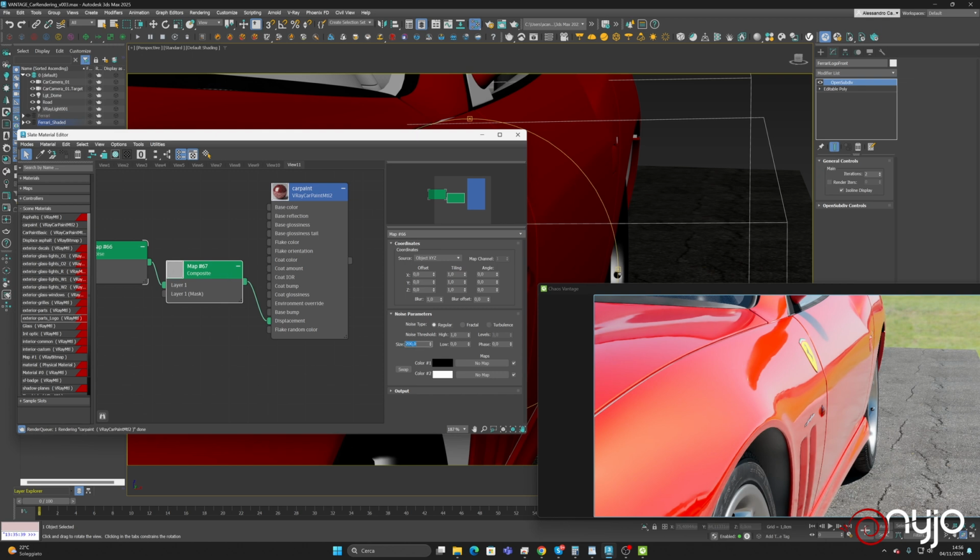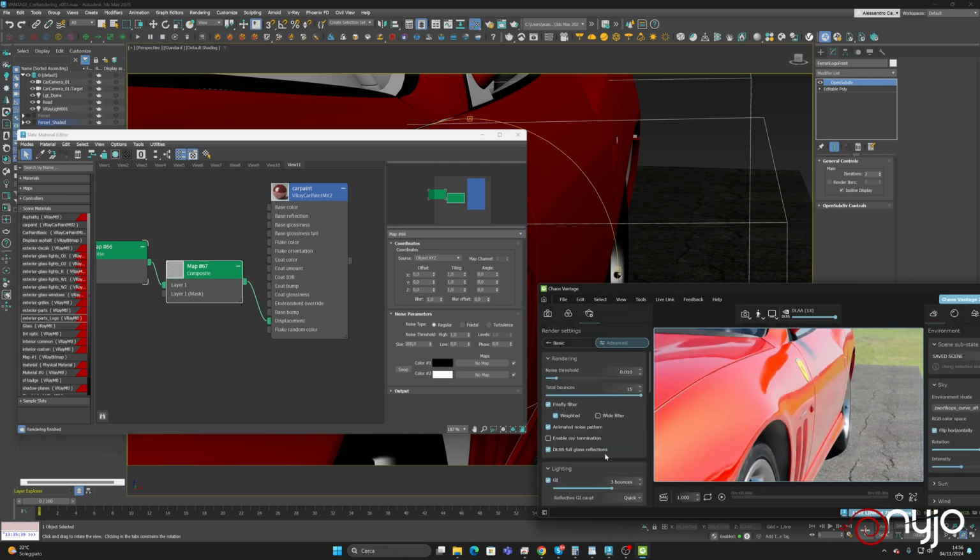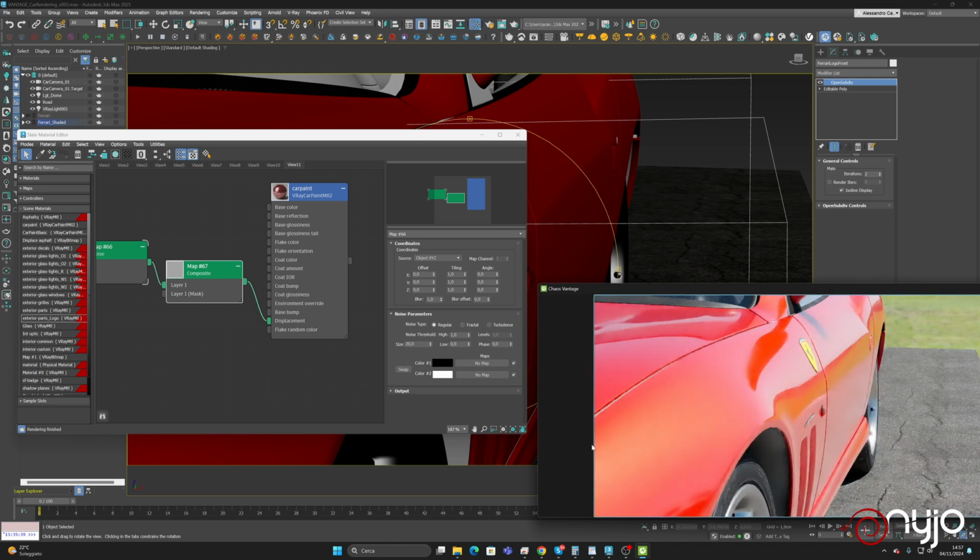Let's try to go higher. Try to regenerate the displacement. Okay, so let's go lower again with the scale, and just to be sure it is applying, let's go to regenerate. So now we have something that is not so high,